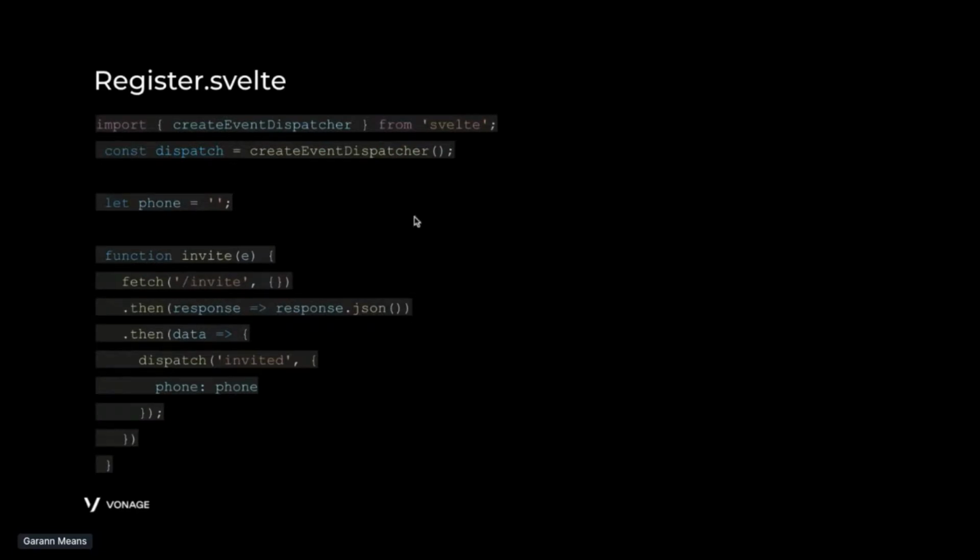And then this is where we start doing some kind of interesting stuff. We didn't talk about createEventDispatcher, but this is important in our components if we want to be able to bubble up events to app.svelte. So we're going to import createEventDispatcher and then create a dispatch constant, which is going to do the actual dispatching. And so if we come down here into our invite function,